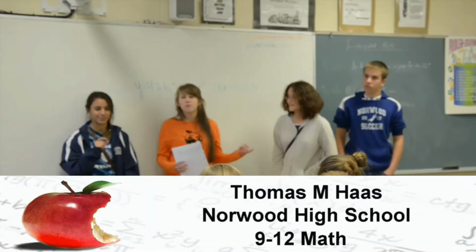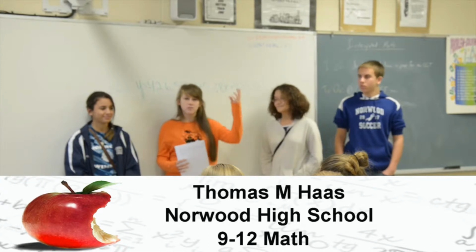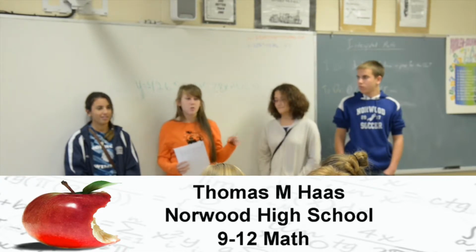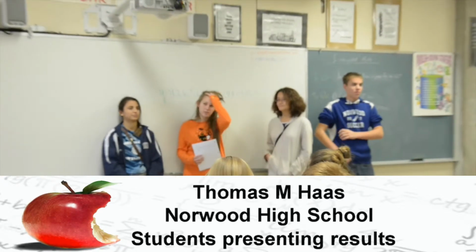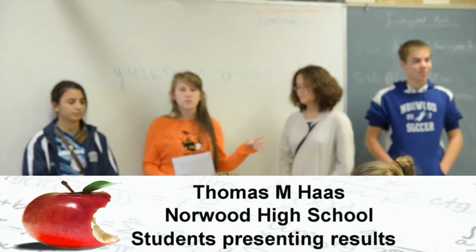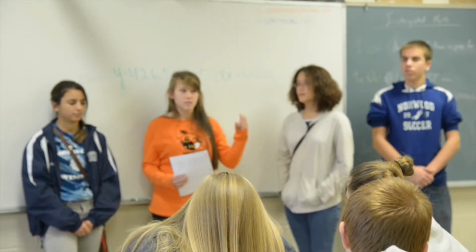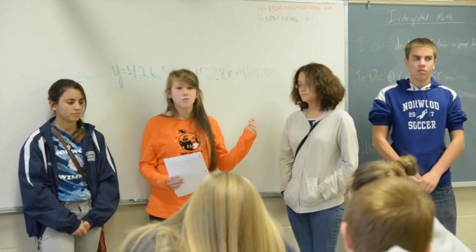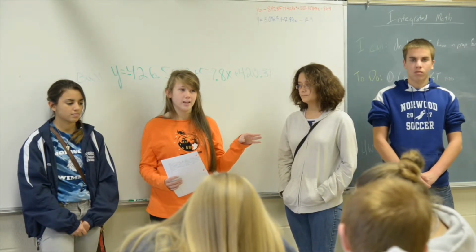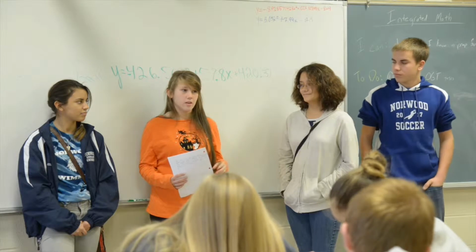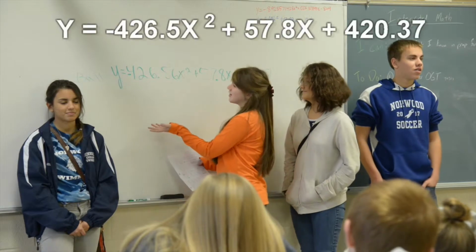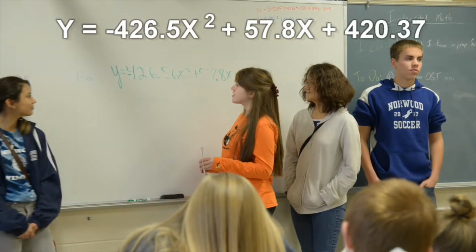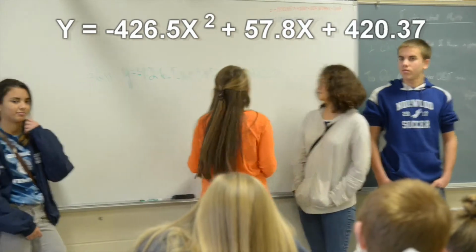Okay, basically to find the equation for the ball, we dropped the ball in front of some meter sticks and we recorded it to figure out how far the ball fell every time, like in what time. So that helped us find the acceleration of the ball, and we used the information that we found, the distance that the ball had moved at the time, to make a graph, and then we plugged that into a graphing calculator and found the equation. And the equation for our ball was y equals negative 426.5x squared plus 57.8x plus